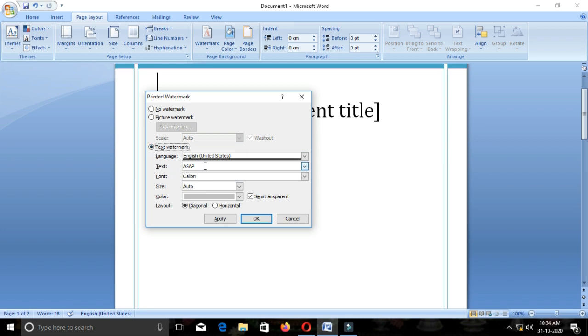Some text is already typed here. Instead of that, I am removing it and typing CRT.